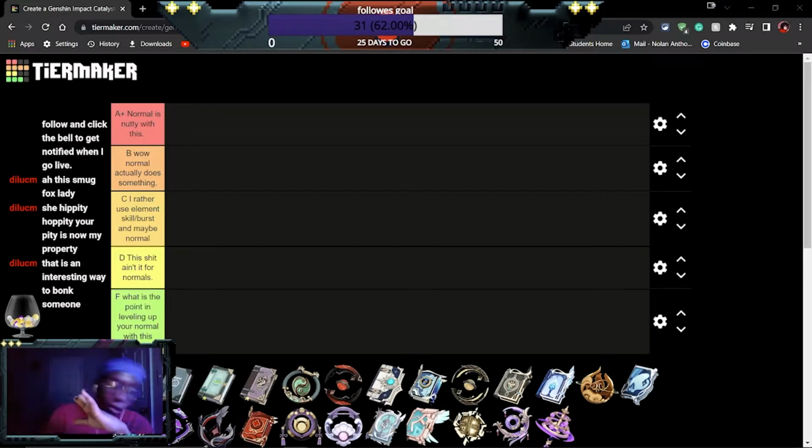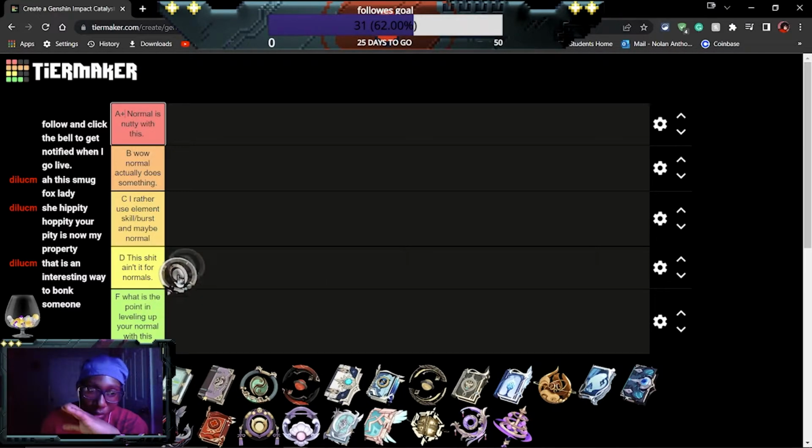No, my fault. It's kind of hard. C tier. I'm gonna put it in C tier. The reason why I'm saying C tier is because this Element Mastery depends on what character you put it with, so to give an example,